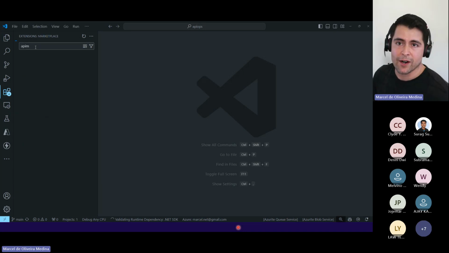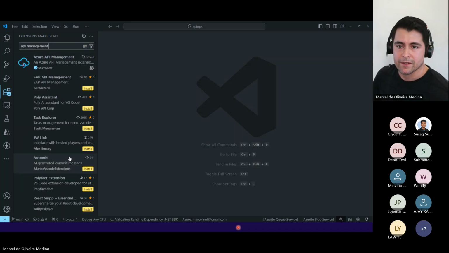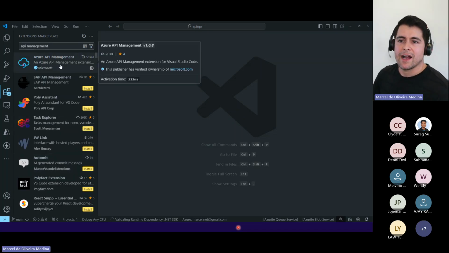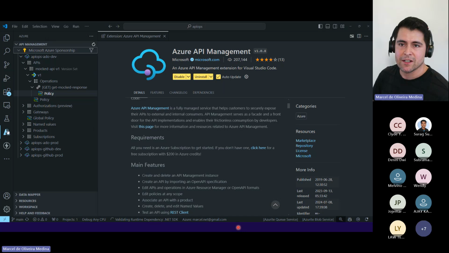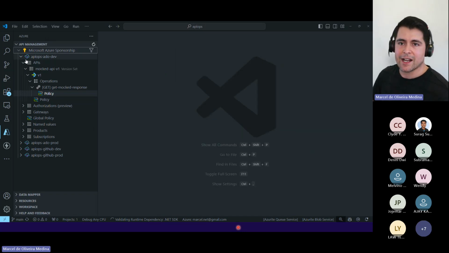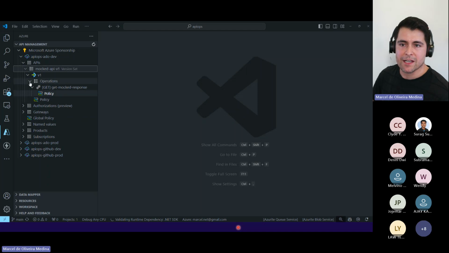If I look for API Management, I have this extension installed, and it allows me to manage API Management from my Visual Studio Code. What's interesting is that I can come in here and see what's in there, what sort of internals are available. From that mock API, I have my V1s, my methods and policies.